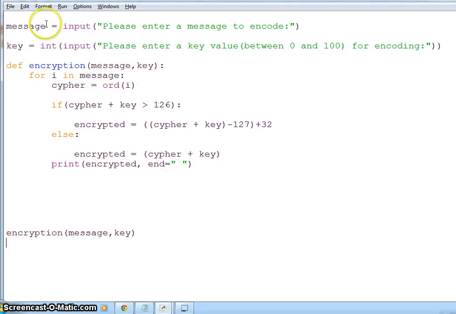Hello, so I have your code, and this is the code. You have a message taking the input, you take the key, and you have the function to decrypt the thing. So if I run this code,